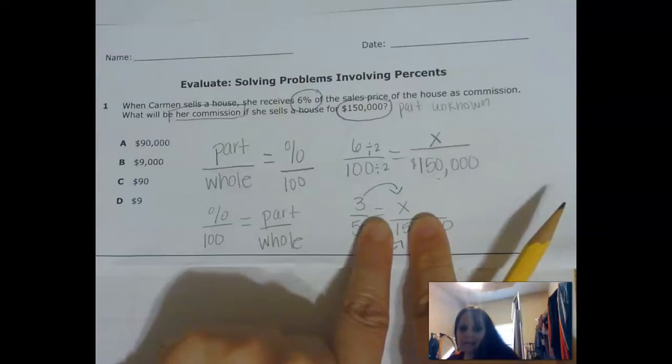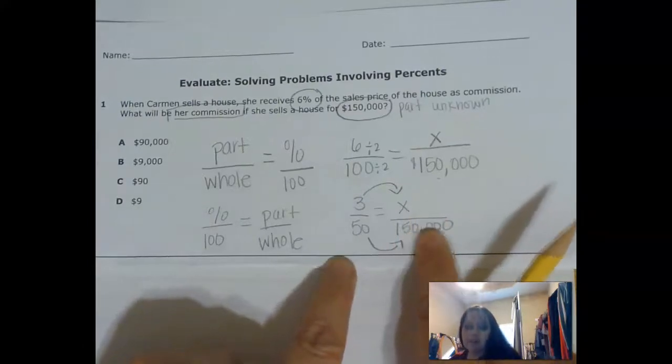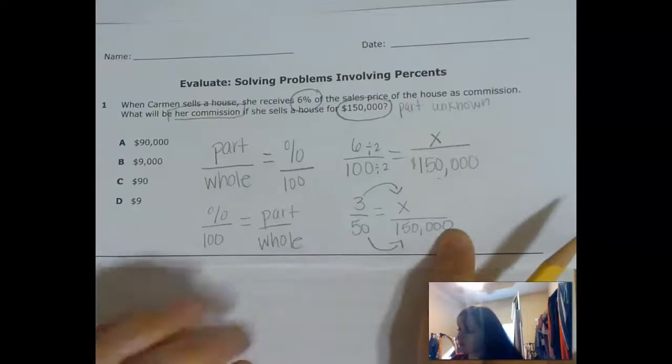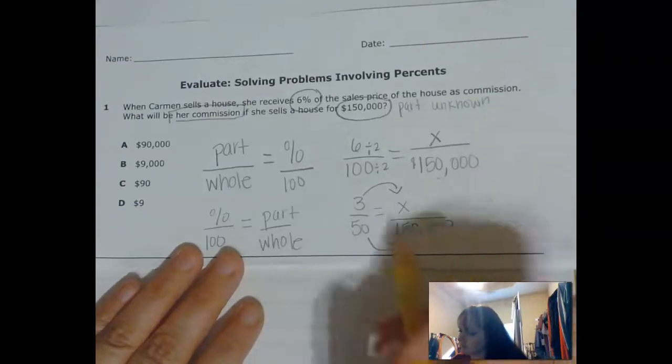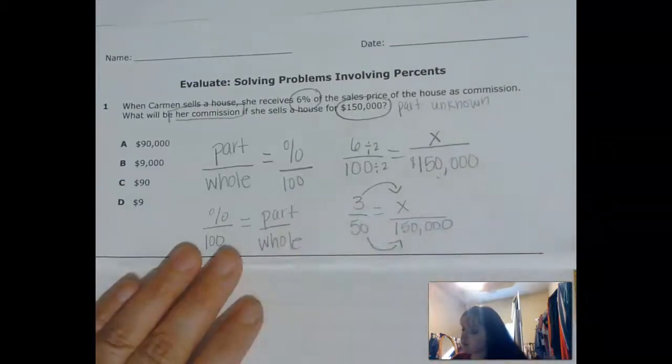What times 5 gives me 15? 3. And then a whole bunch of zeros. Well, 1, 2, 3, 4. So 3 with 4 zeros after it is... not 4 zeros after it. 1, 2, 3, because there's that 0 and there's that 0. So 1, 2, 3. So 50 times